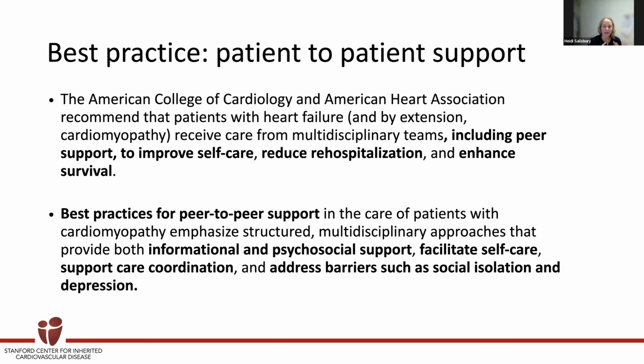It really has become best practice to engage with patient-to-patient support, with community support. In fact, the American College of Cardiology and American Heart Association included peer-to-peer support and cited it to improve self-care, reduce hospitalization, and enhance survival. So when you think about your comprehensive care for yourself, for your family members, as advocates in your community, you